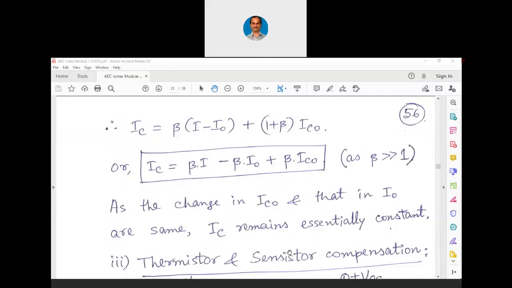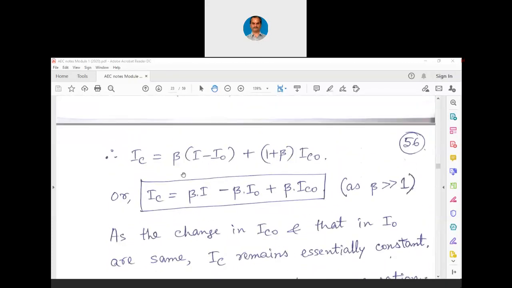Okay, this is how we are discussing two circuits. One is for VBE compensation and one is for ICO compensation. These are the techniques which they had developed many decades before so as to keep the Q point stable. But now anyhow, these are not under usage as such because gradually MOSFET has taken over BJT.